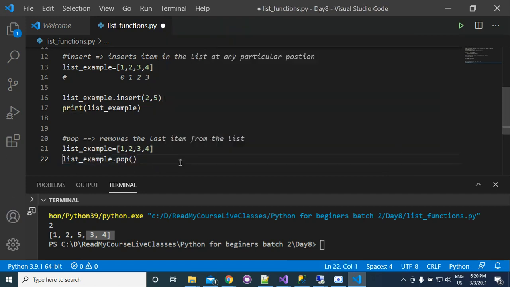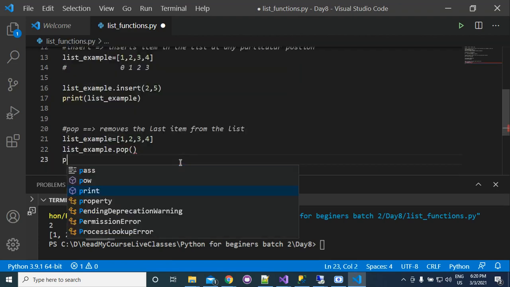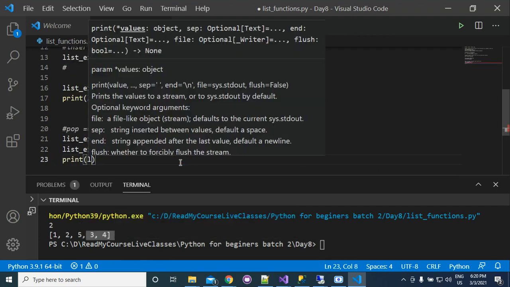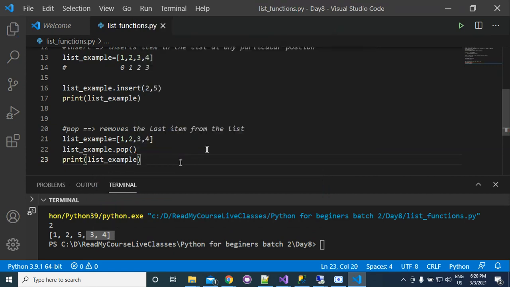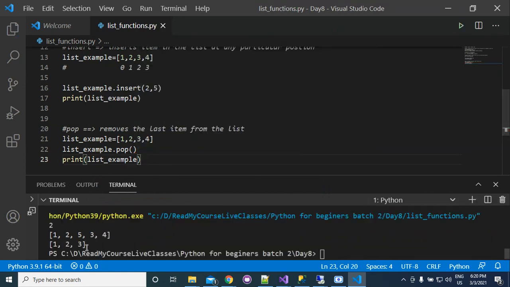So we don't write this here. We will write print and then list example. Here you can see that 4 has been removed from the list. Okay.